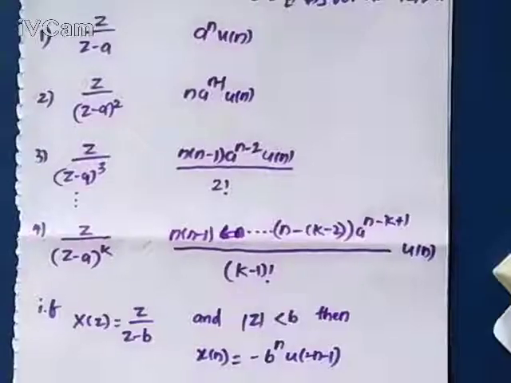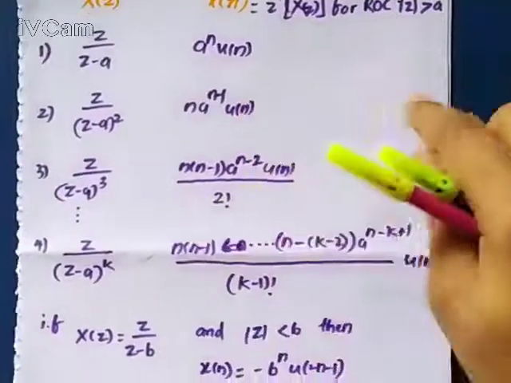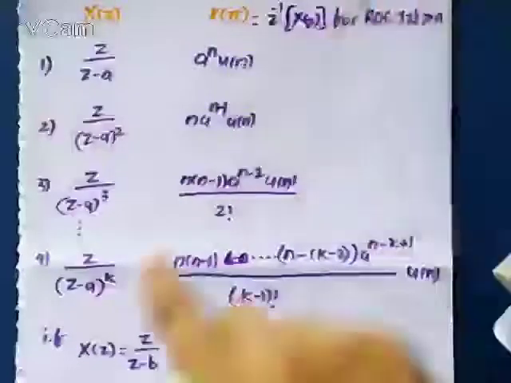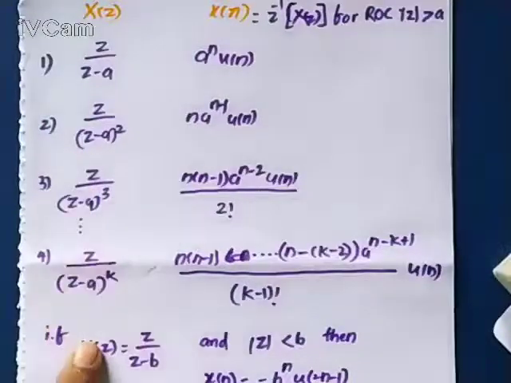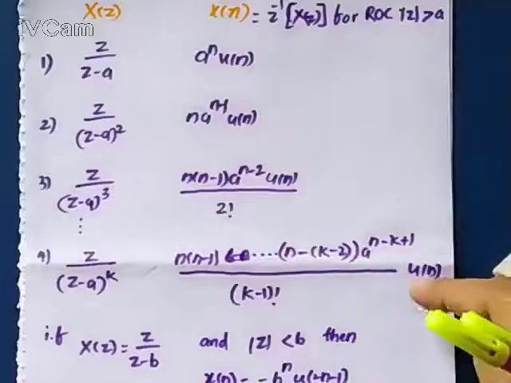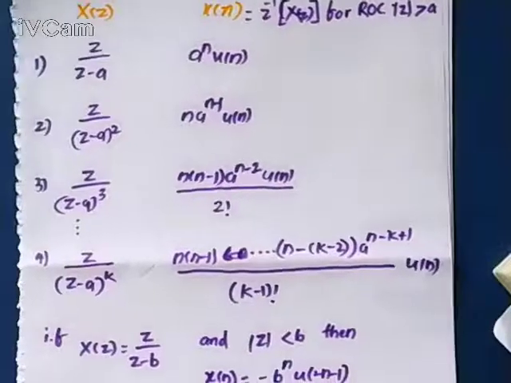As I said, these are some inverse Z transforms used in the partial fraction method. Some standard notations: if X of z at the end you come up with this, and if you know the ROC, then you can directly represent the X of n form by looking at the X of z. While solving, you will understand it more easily. We will solve one problem, going case by case, one by one.